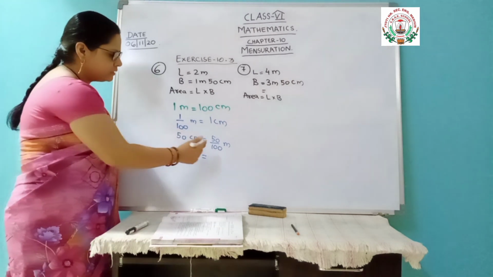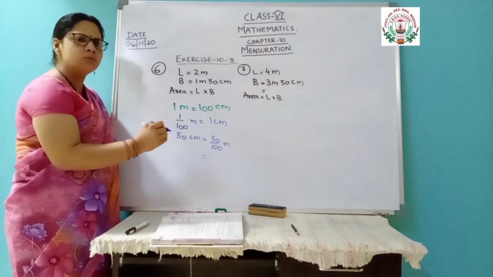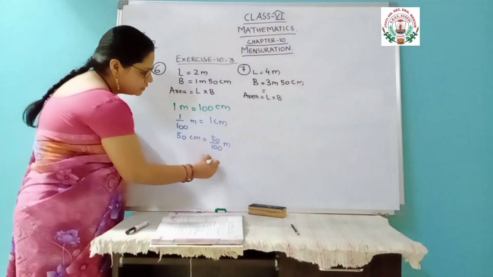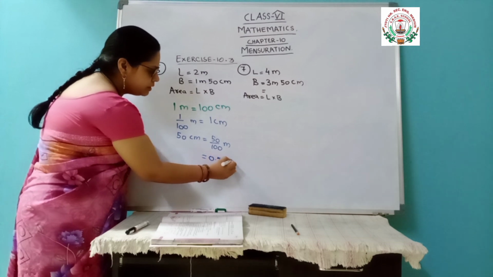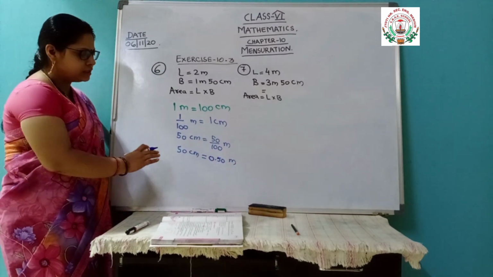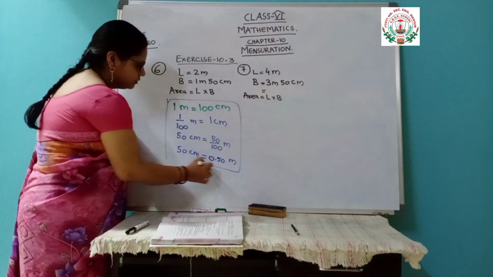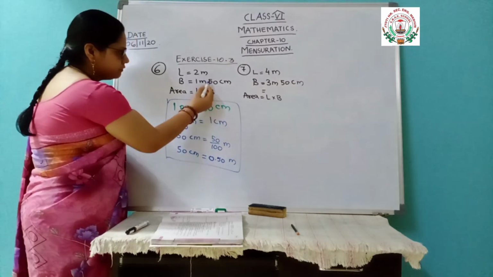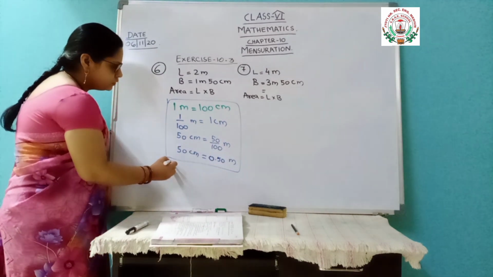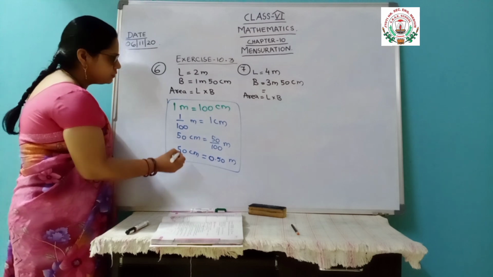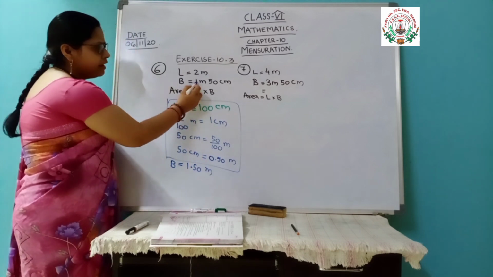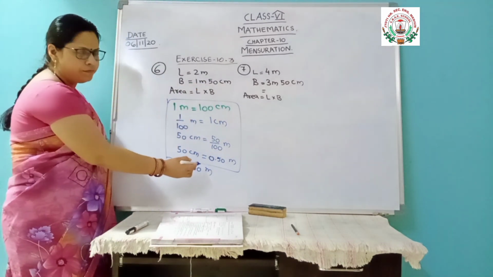Chapter 8 decimals. जितने जीरो डिनोमिनेटर में है उतने डिजिट के पहले डेसिमल आता है. That we have studied. So 2 digits before decimal will come. So 0.50 meter. So 50 centimeter means 0.50 meter. This is clear. This is used for conversion. So in the same way, this is 50 centimeter. So in place of 50 centimeter, you will write down 0.50 meter. So you will get here breadth is equals to 1.50 meter. 1 meter 50 centimeter will be now 1.50 meter.